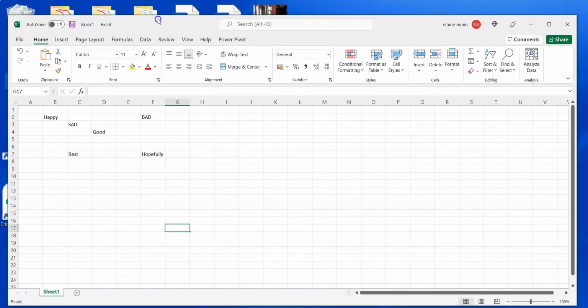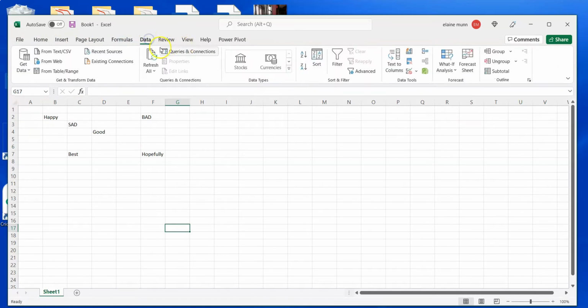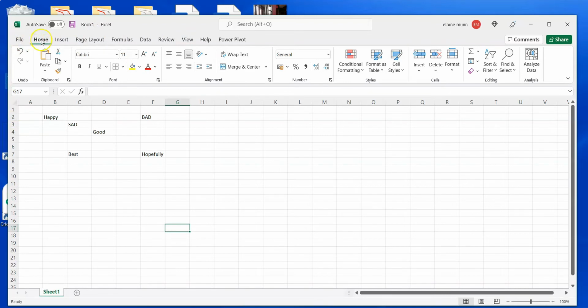All Microsoft products work together, and they've all got the same thing they call a tabbed ribbon along the top. So you can see that it opens generally in the home ribbon, and that is the commands that you would be using the most. Then there's insert, page layout, formulas, data, review, and so on. They've all got, inside each ribbon, their own menu, and the trick is to remember